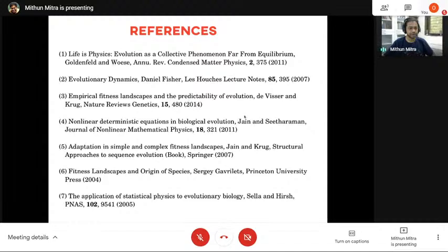There are some very nice papers by Kavita Jain in Bangalore, which again talk about how to think of evolution in the context of these landscapes. There's also this very nice paper on the application of statistical physics, which we've been talking about in this course, on how to take these same concepts and apply them to evolutionary biology. I think this is a very nice reading list for those of you who are interested in thinking about evolution from a physics point of view,